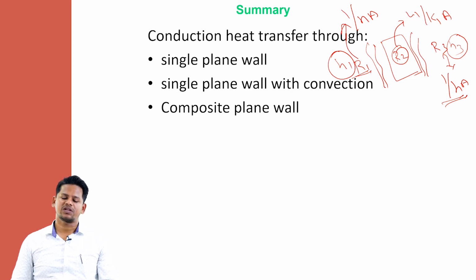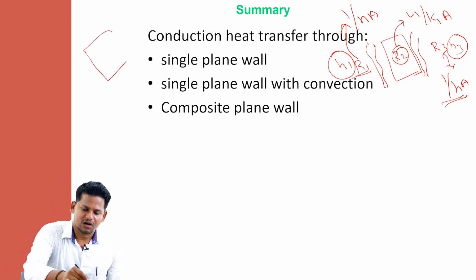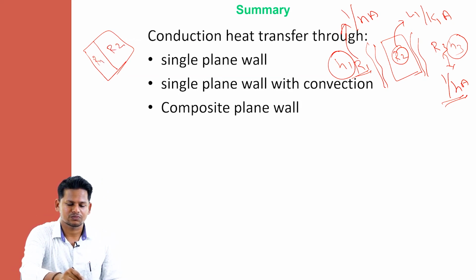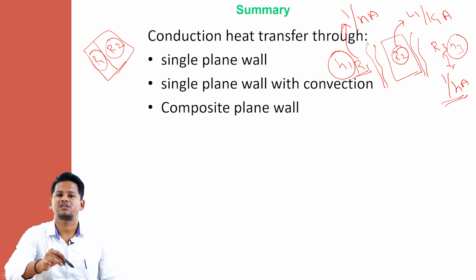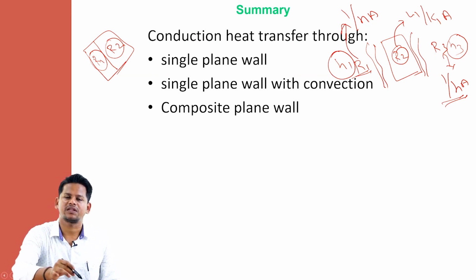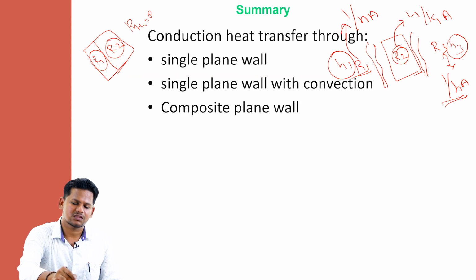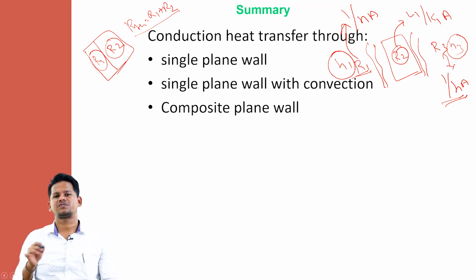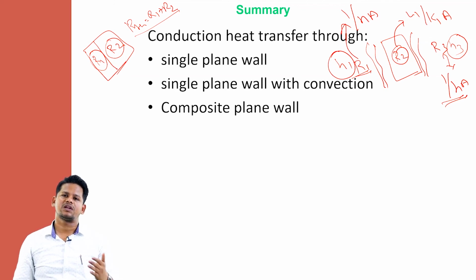The third one is about the composite plane wall. Remember, we discussed the composite plane wall. Two different materials are there. Only conduction, no convection here. So R1, R2. R1 is the conductive thermal resistance of the first material. R2 is the conductive thermal resistance of the second material. So RTH is nothing but R1 plus R2 because they are in series. Easily we can calculate this value RTH, and once you know this RTH, we are able to calculate the value of Q. Q is nothing but del T by R.